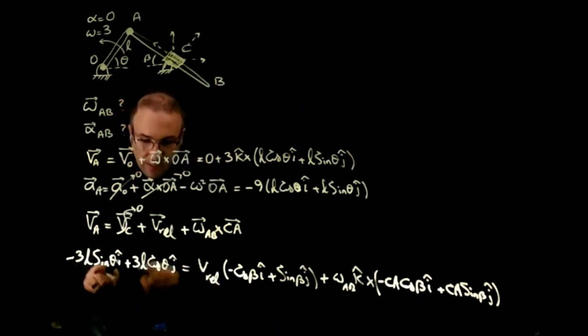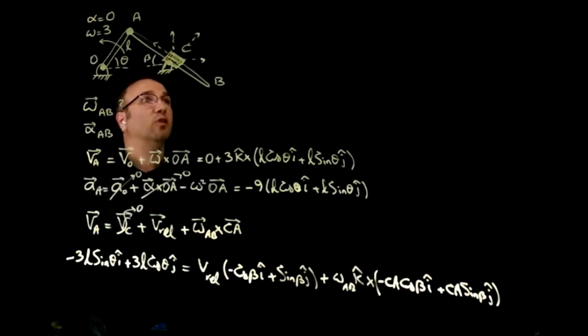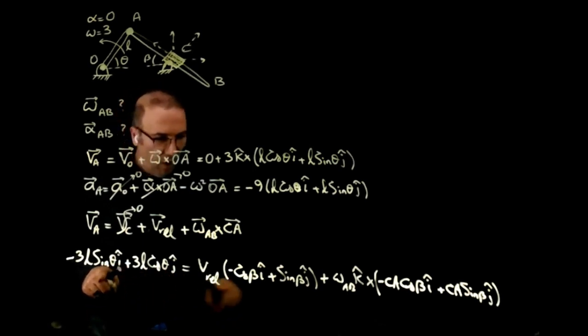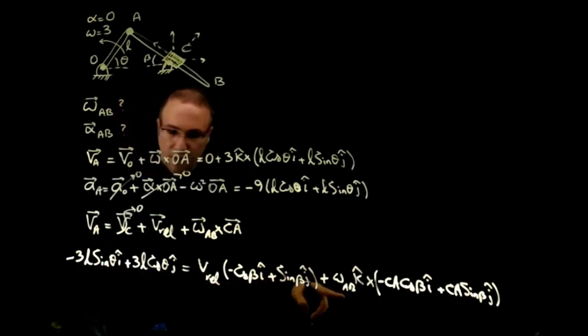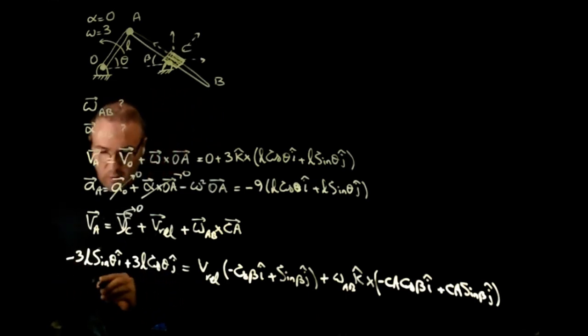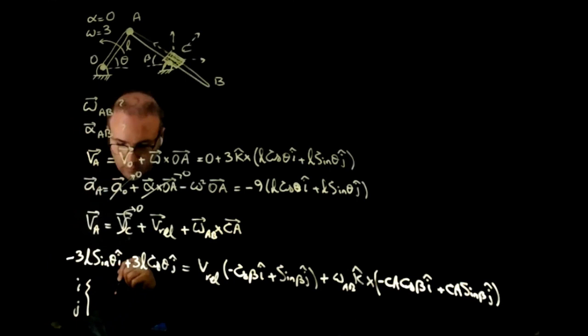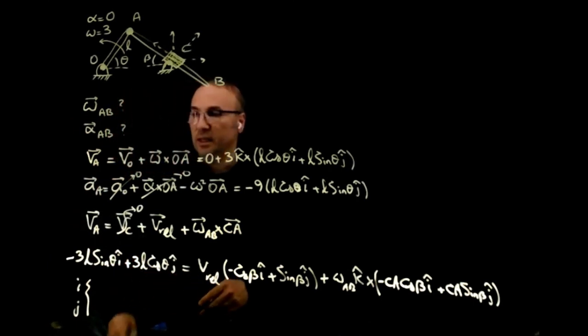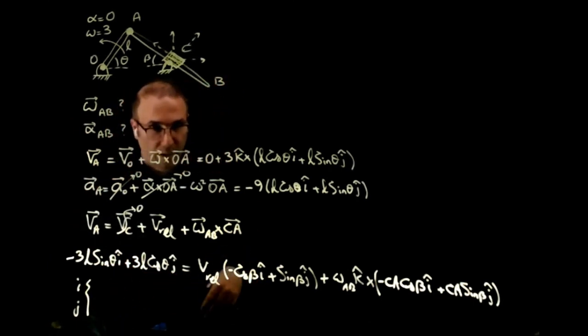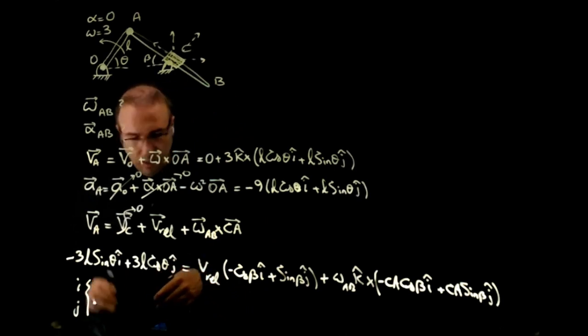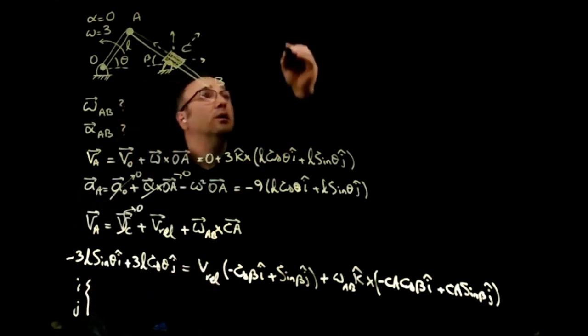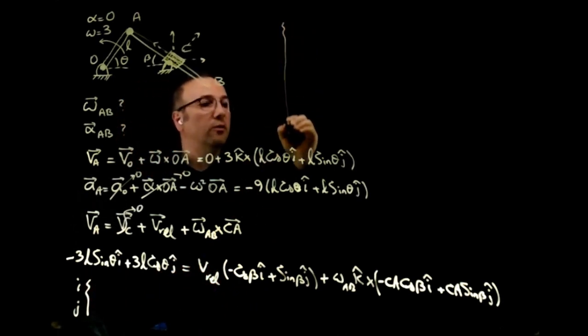And then I equate both sides in terms of I and J, and I find VREL and omega AB, because I get two equations, for the I component and for the J component. I post the numerical values under the video on YouTube. So now for the acceleration,